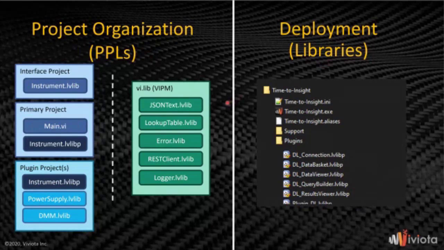When you switch to PPLs, it's both more complex and simpler, actually. You end up having a separate project for the different interfaces that you have, where you're dealing with source code. So you have a project that has an instrument.lvlib. You turn that into a PPL, and then that PPL is used in both the primary project and the plugin projects. Again, I'm not going to go into the details of how this build process works because I could spend a whole hour just on that, and it's covered other places. And so that's how you deal with the